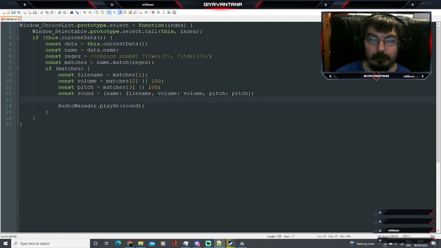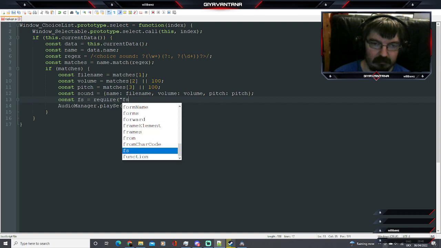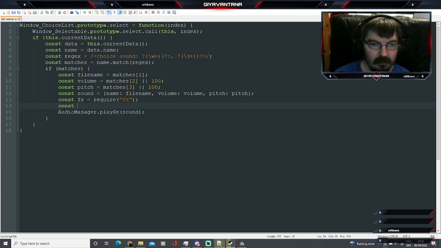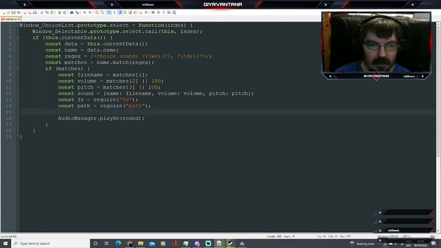So there's a bit of work involved in this. The first thing to note is that there is an NWJS keyword called require, and you can use that to import various modules that contain functions that make life easier and save you from having to write particular pieces of code. And one of these is the aptly named FS for file system. We also have one called path, and if I remember correctly,